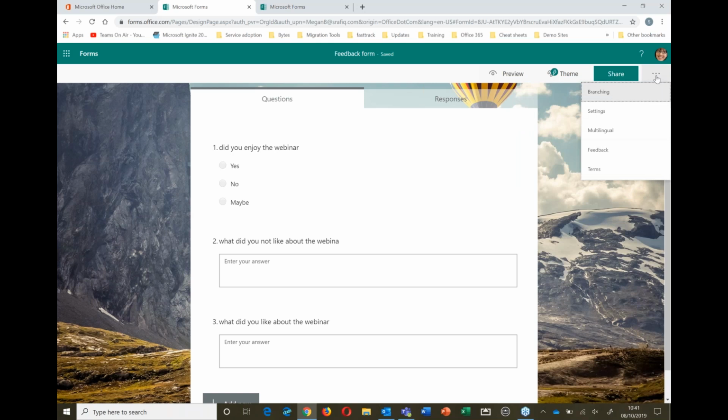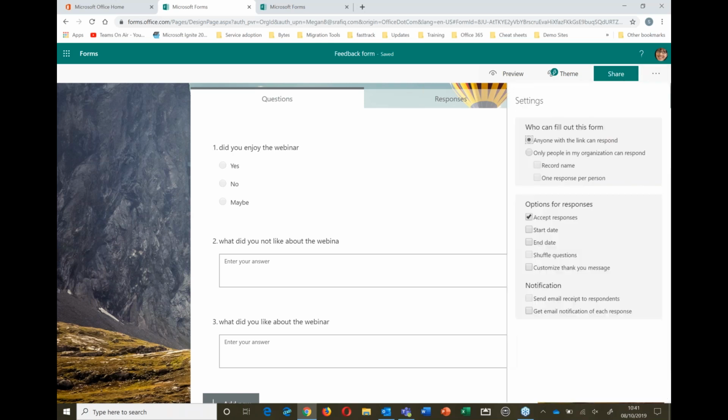If we go into the three dots next to share and we go to settings, there are a couple of things I want to do. One response per person only, which is a good idea. This is the start date and this is an end date. So I don't want people to be able to come back to this form in 3 weeks' time. I want the answers this week, and after this week, if they go back to the link, it will close